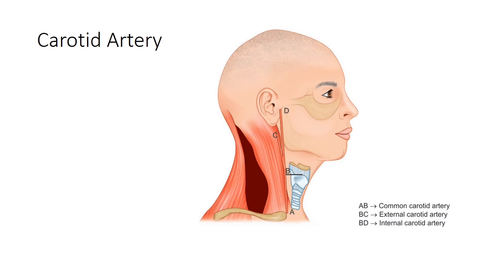Then we have the internal carotid artery. So the external carotid artery is this artery, right, and this is the internal carotid artery. For the internal carotid artery, we mark a point at the upper border of the thyroid cartilage along with the anterior border of the sternocleidomastoid. Then we mark a point on the posterior border of the mandible, the mandible condyle. So this is the internal carotid, and the internal carotid is present deep, so it is not superficial and not given so much importance, right. But the common carotid artery is used to palpate for the pulsation, and it can be felt at the level of the cricoid cartilage, right.